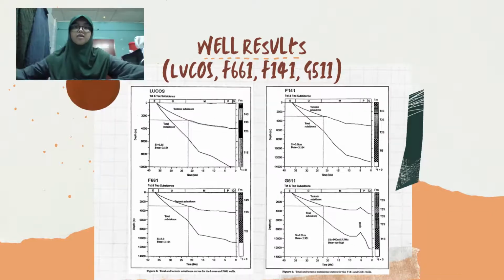pattern. Now these are the well results for the other wells: Lucas, F661, F14-1, and G51. So for Lucas, F661 and F14-1, these 3 show clear indication of a McKenzie type basin, whereas G51-1 shows a pattern of neither of the basin types, but it could possibly be due to the strike slip pattern of the basin that causes